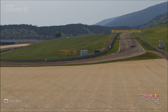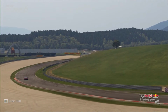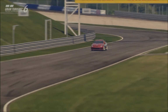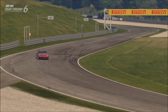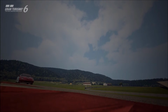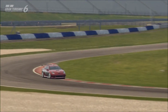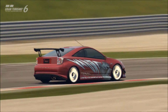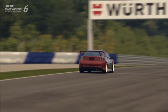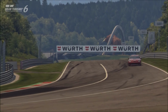So overall, it's kind of an underwhelming review really for this car, but there's not really much given to work with. It's light and it looks interesting. That's about it. If you're looking purely for a race winner or for a really strong performance car, you'd just be better off spending your 125 grand on something else. If, however, you're just a collector or a Celica fan, then yes, it is one of the better ones available of the Celica model, in terms of the newer ones in particular. But overall, that's it for this